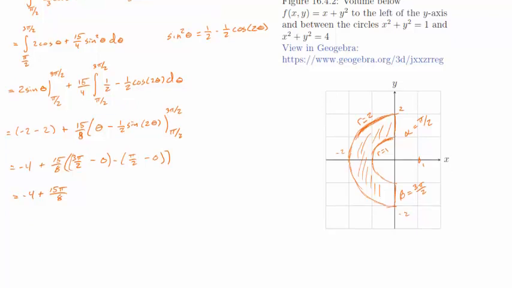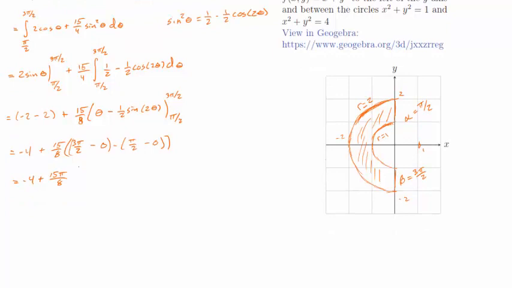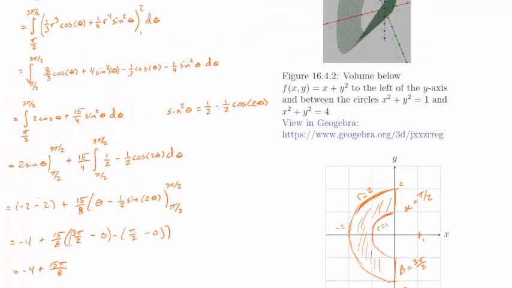I then evaluate from pi over 2 to 3 pi over 2, and we get this whole thing equals -4 plus 15 over 8 times ((3 pi over 2 - 0) - (pi over 2 - 0)). Simplify this down, and we get equals -4 plus 15 pi over 8. And that should be the volume